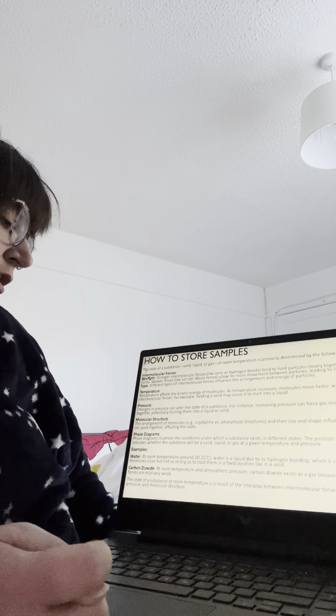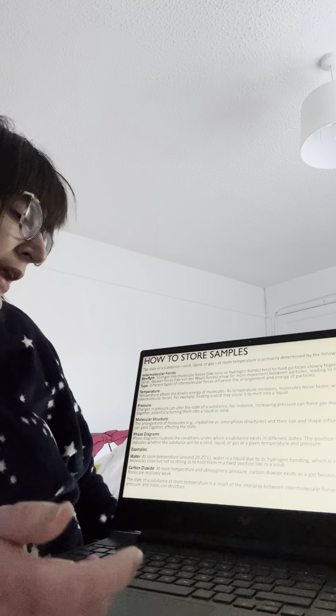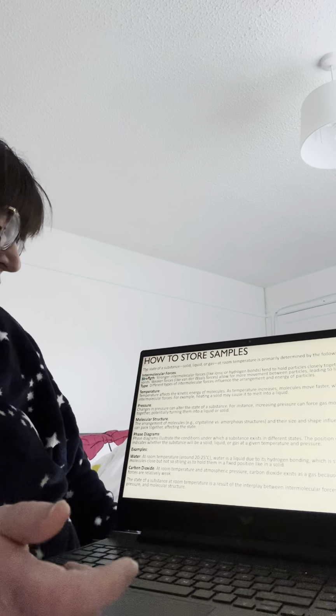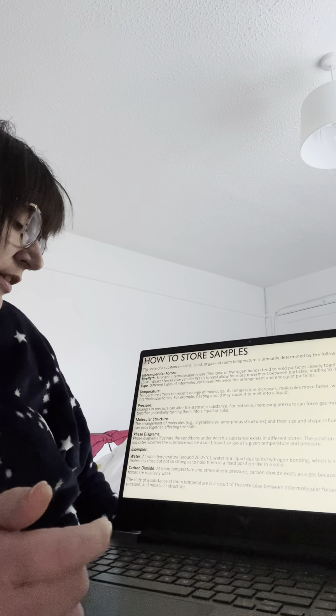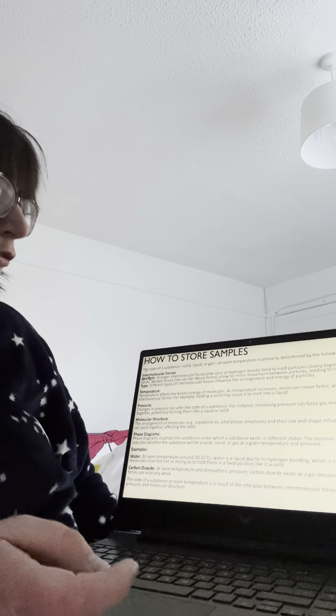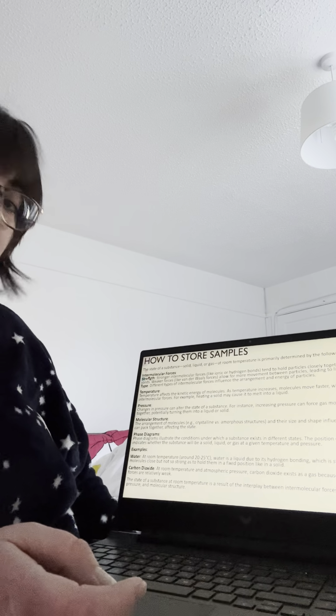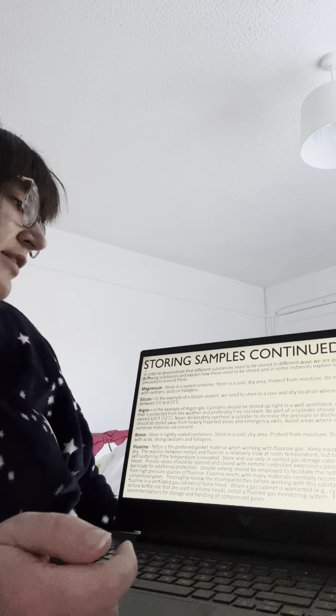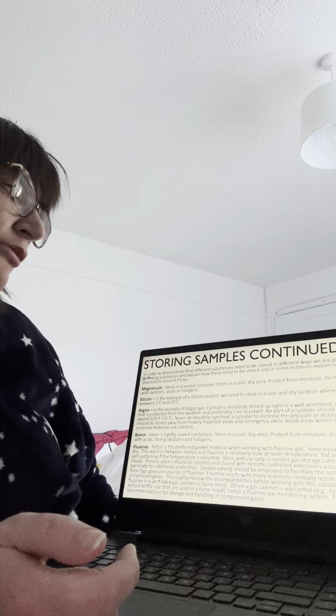And carbon dioxide at room temperature and atmospheric pressure. Carbon dioxide exists as a gas because its intermolecular forces are relatively weak. The state of a substance at room temperature is a result of the interplay between intermolecular forces, temperature, pressure and molecular structure. And then lastly, in order to demonstrate that different substances need to be stored in different ways, we're